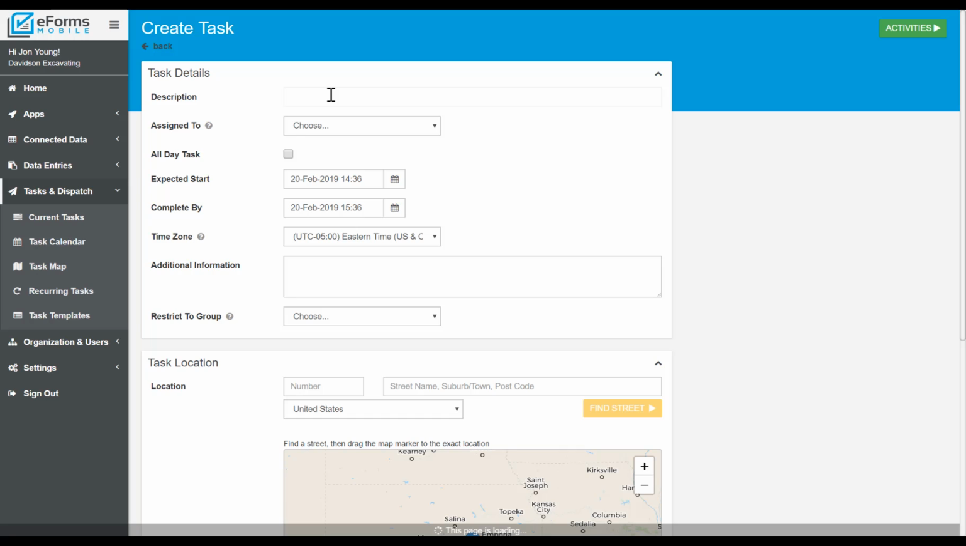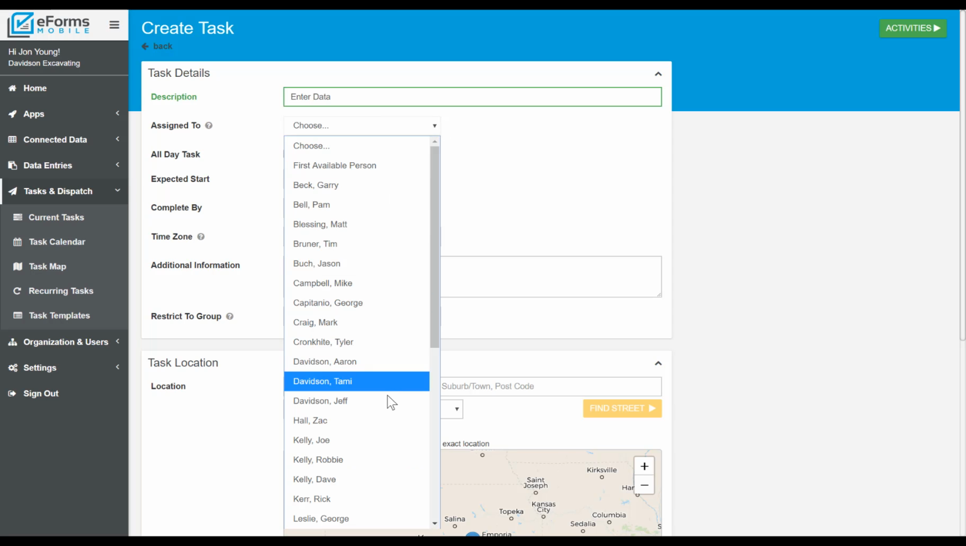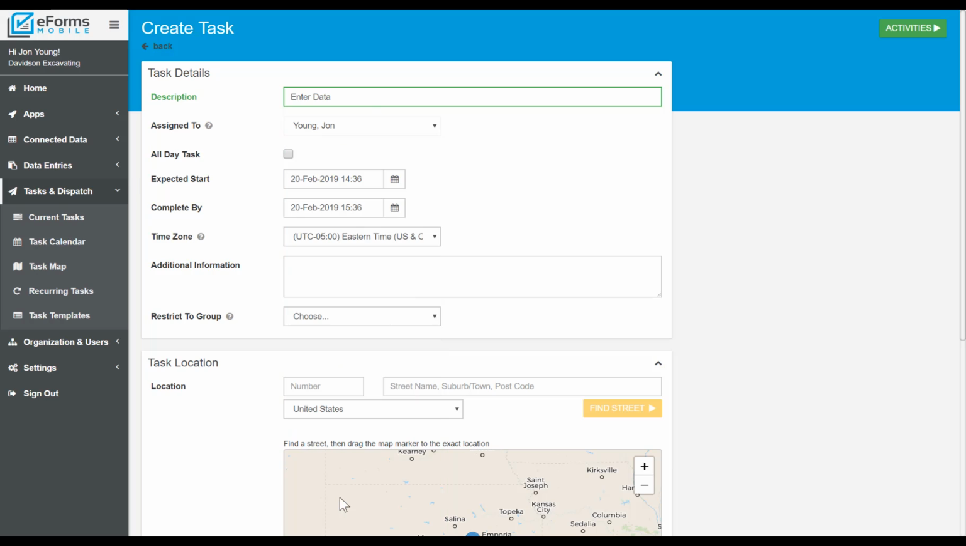So up in the top here in the description, what you can do is you can name the task. This is what will show up on the user's mobile phone or device whenever the task actually shows up. So let's say enter data. Underneath that, there's a drop down menu where you can click that, and if you want to go ahead and select the user that it's actually being sent to,